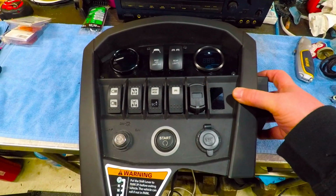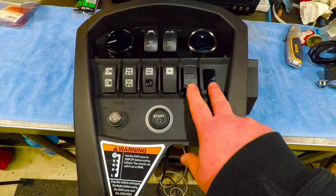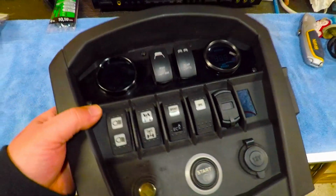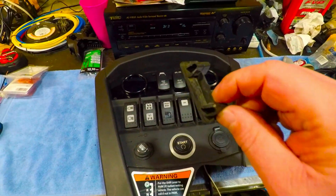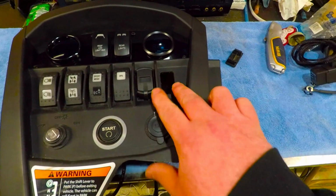And then also, you've got your two spare ones right here, the block offs. I got them somewhere around here, but you know what I'm talking about. You got these guys right here, and you can knock those out. And I'm going to go with two more